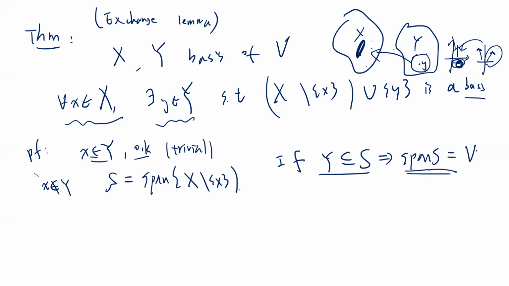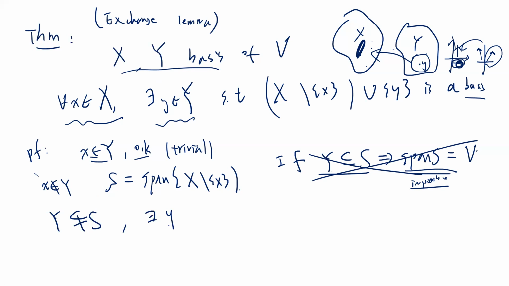But this is impossible, right? The reason is that if span S is V, that means you delete x and you still get x, right? So that means this x is not linearly independent in X. But I already said it's a basis, so it's linearly independent. So this is impossible. So the only case must be that Y is not totally in S, right? So that means you can find a y which is not a linear combination